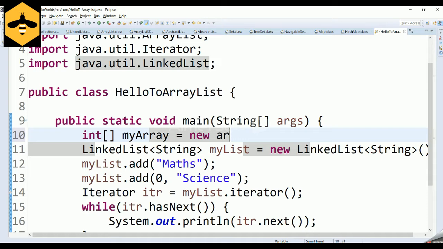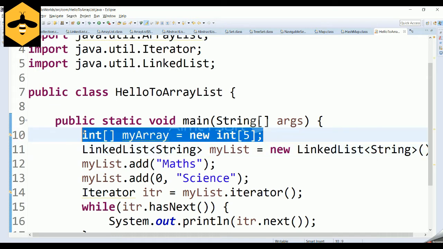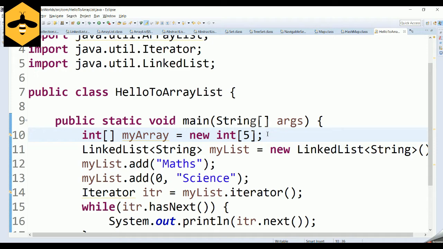So new, then the data type. If you try to create an array of this kind, it will give you an error telling that there should be a dimension available for your array, which means you need to specify the size of the array in the first place. After this, even if you want to increase the size of the array, you cannot, as you have already defined the size of the array to be 5.